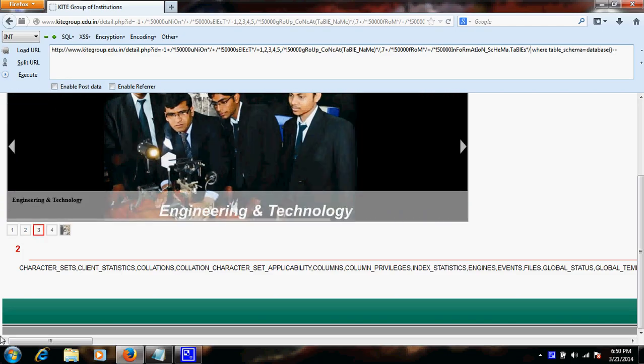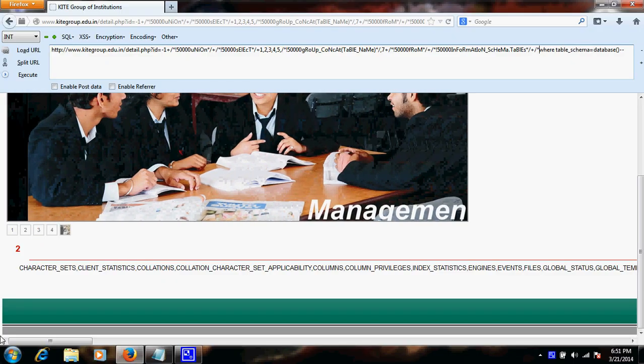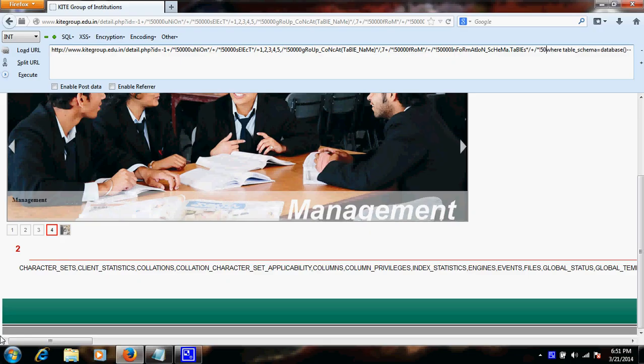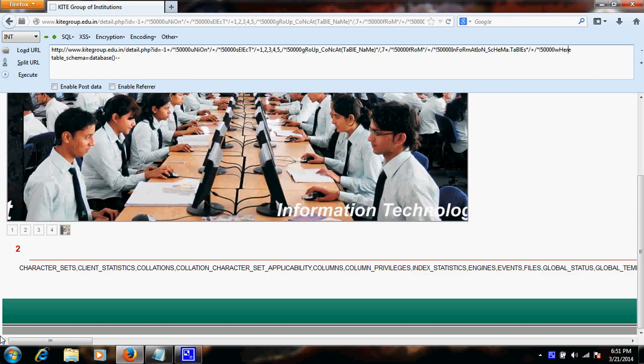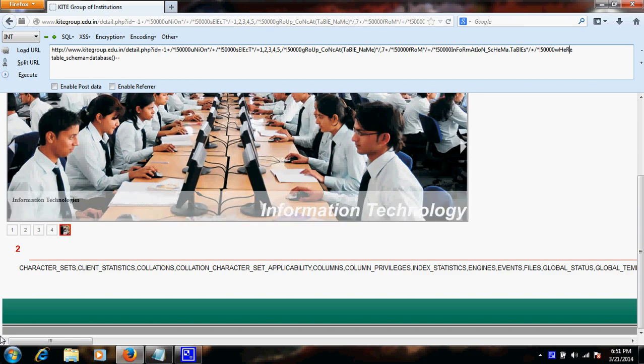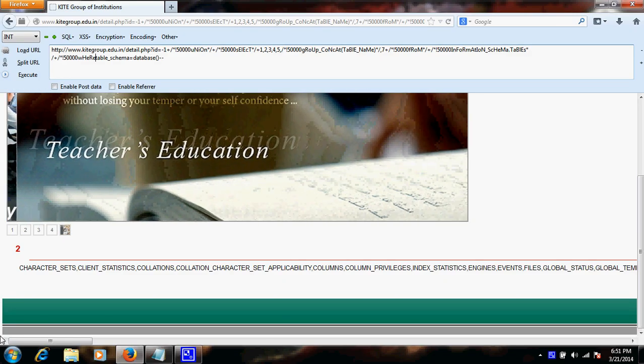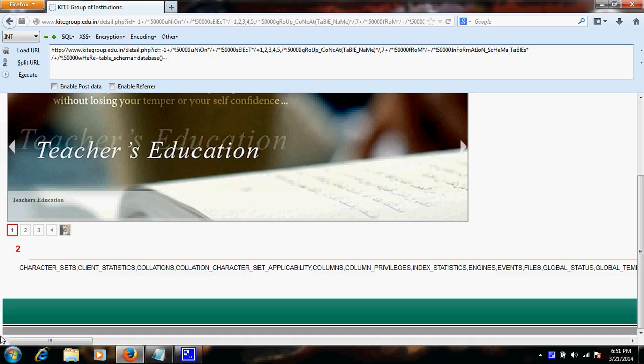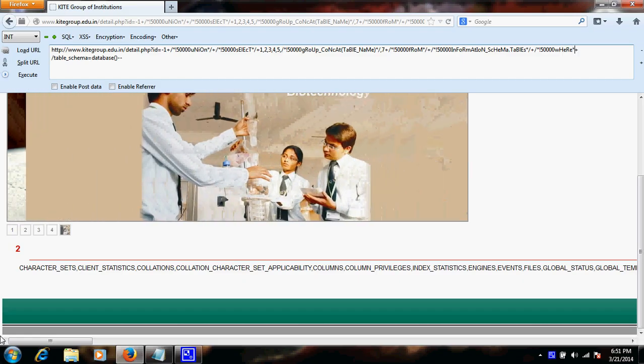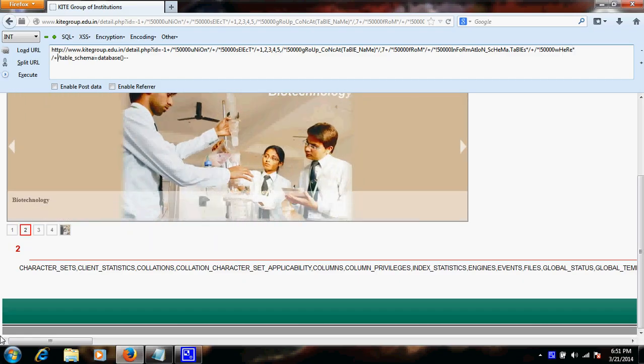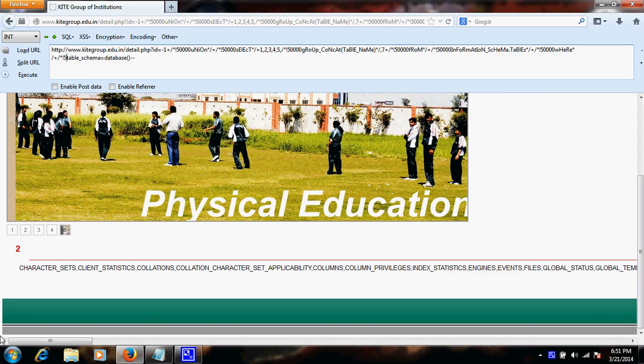Now guys, as I have to bypass the query, I would have to do the same with this also: forward slash star exclamation 50,000, where I'm just changing some special keywords, plus forward slash. I forgot, one second, to close the query. Forward slash star exclamation 50,000